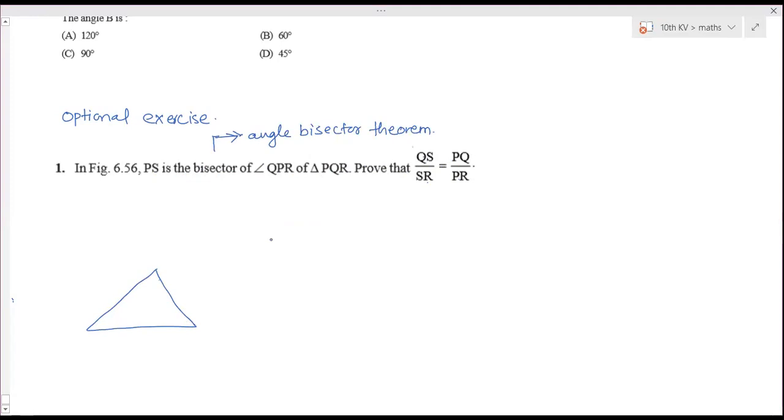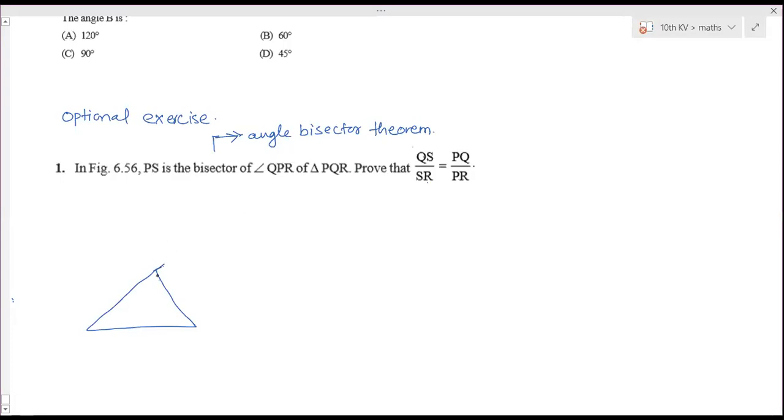In R.D. Sharma, you realize that I have told you not to solve two exercises. The second or third exercise, we have jumped to the fifth one directly. One exercise is based on this property only, but you don't have that. But the proving of this property is important. It is an optional exercise question and it is an important question.